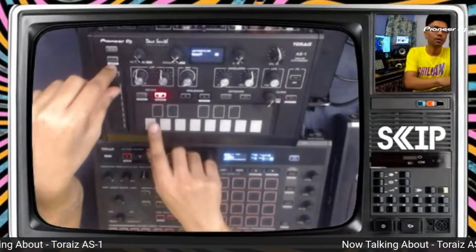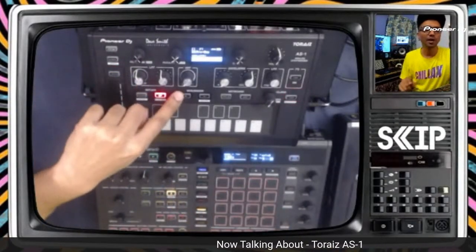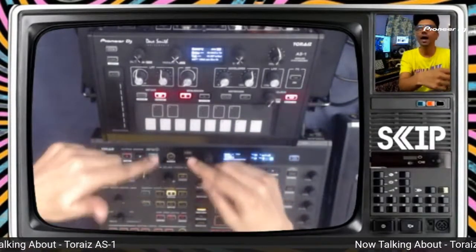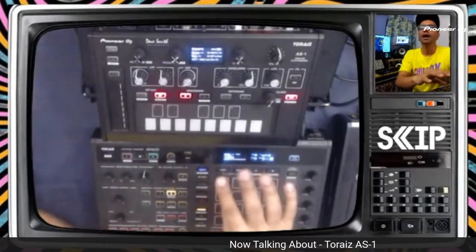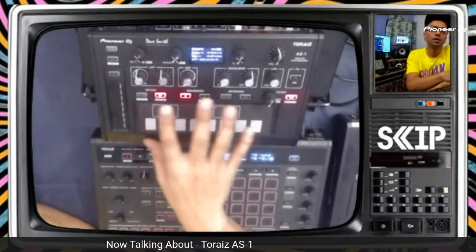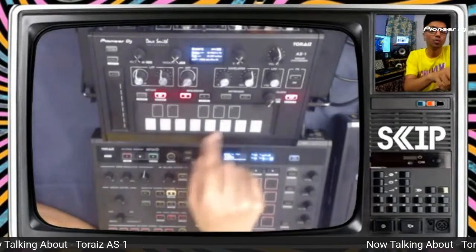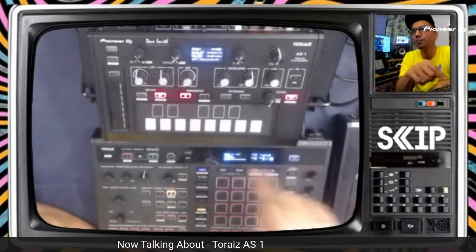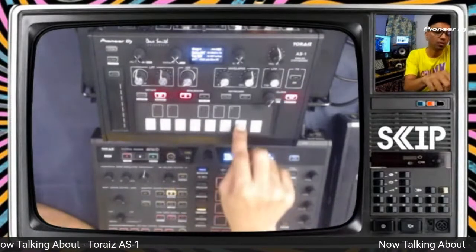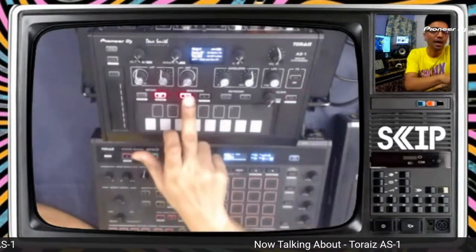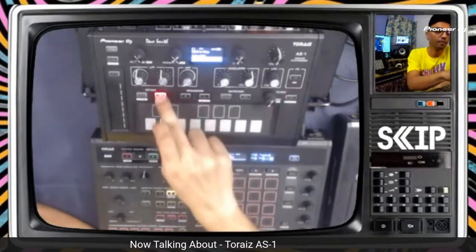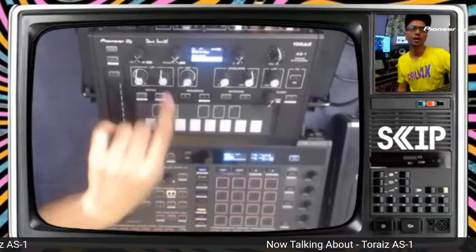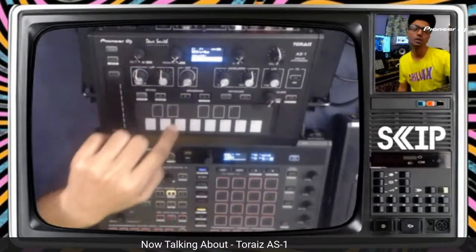So let's say you have got this. You just press record, and you basically add notes to it. Now I have already set the synth on a minor scale, so whatever I press will not be off. So this is step one, and I keep adding more steps. I've added 8 steps. I take off record and I play. That sequence is recorded, and now I can play that sequence as per the BPM that has been selected.